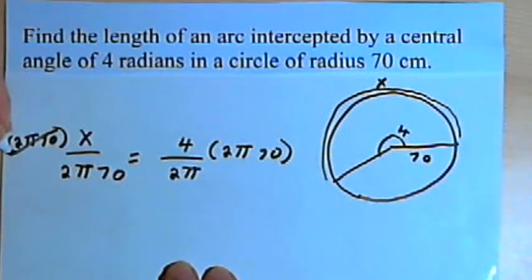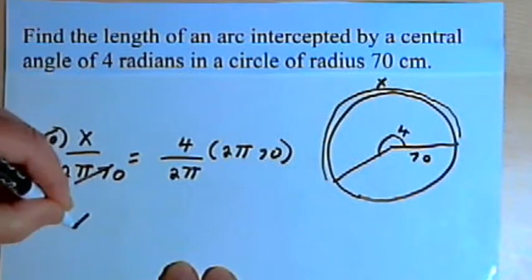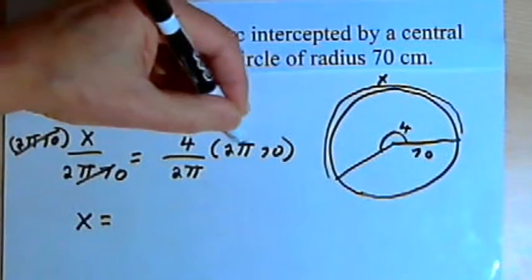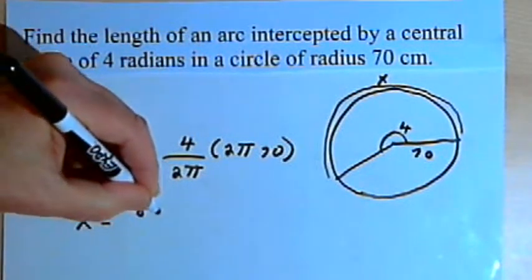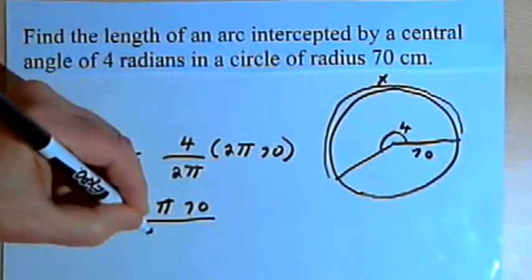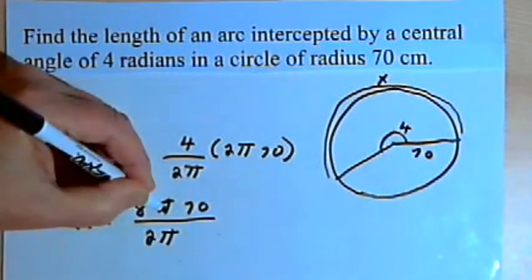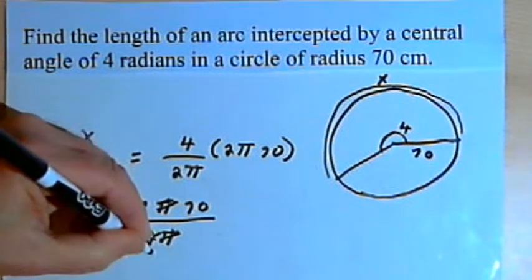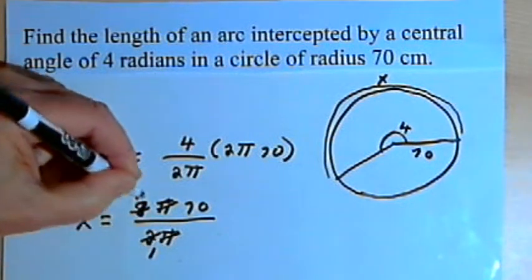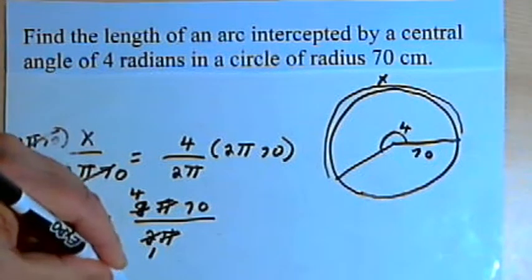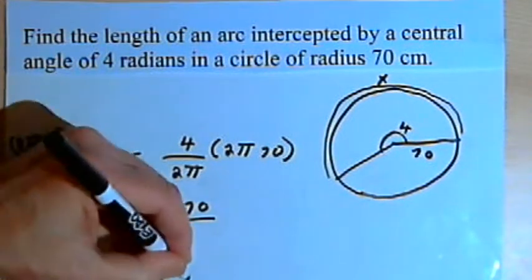On the left side of the equation, everything cancels except for the x. On the right side, I've got 4 times 2 pi 70, so that's 8 pi 70 over 2 pi. The pi's cancel. I can divide both the numerator and the denominator by 2. I've got 4 times 70. So x is going to equal 280